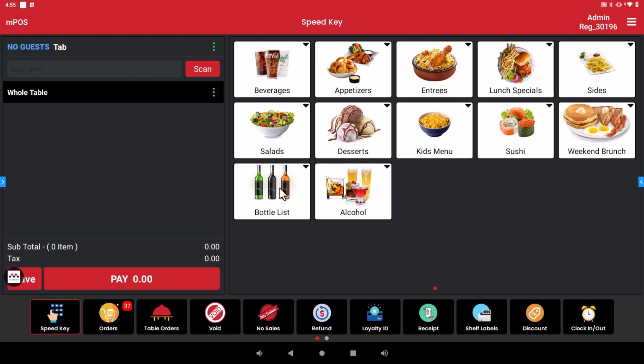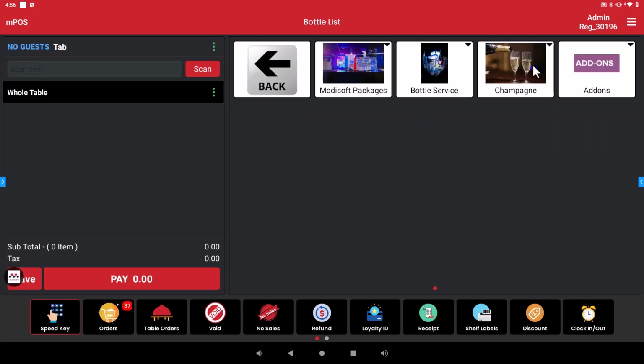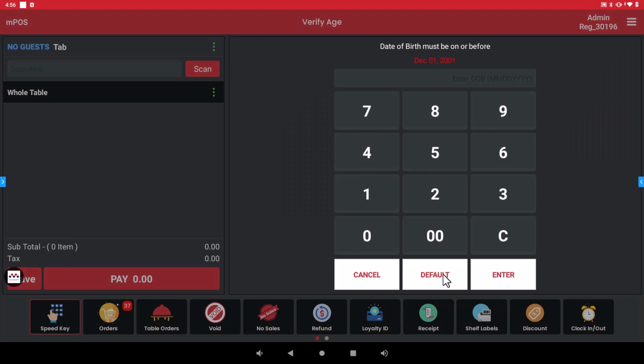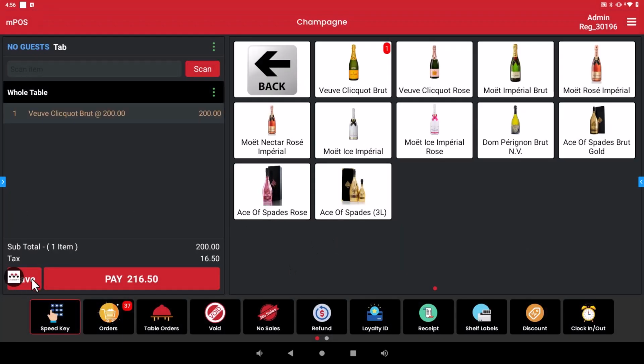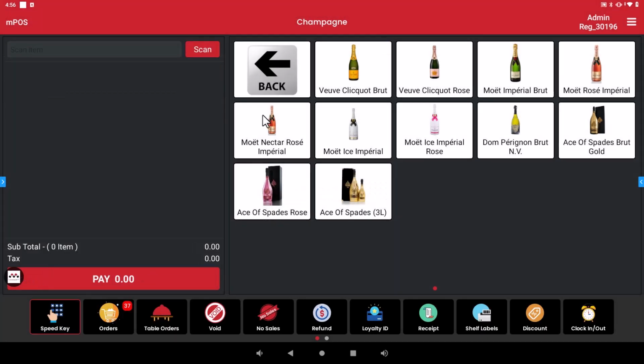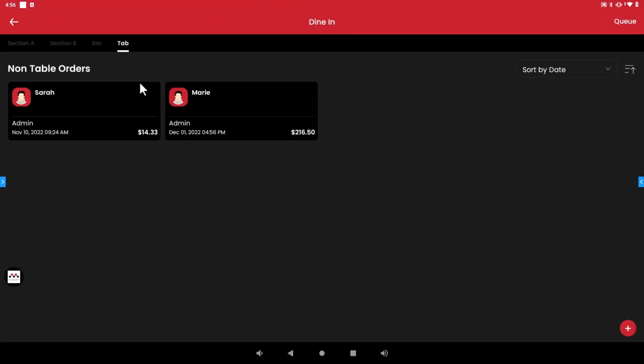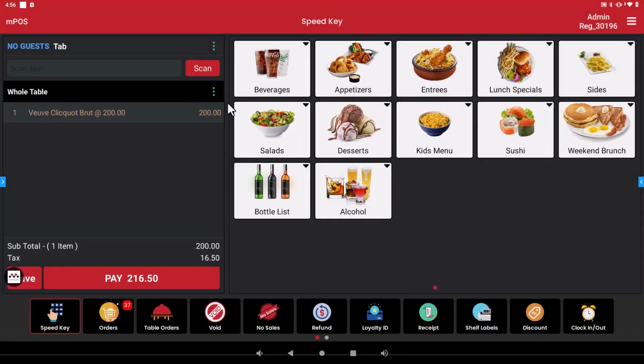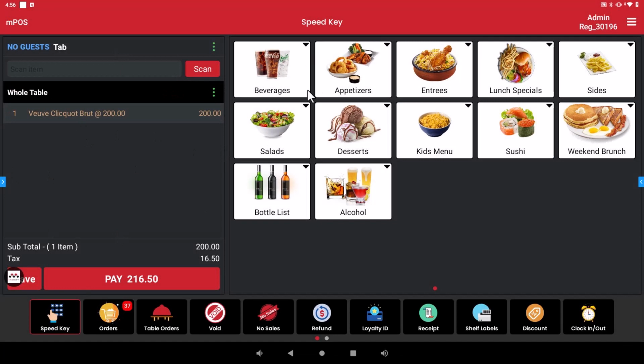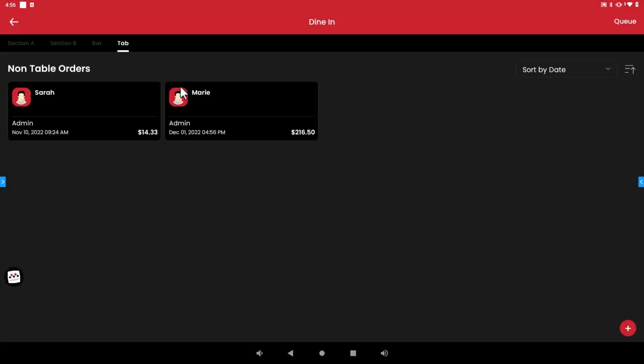So if, let's say, they are ordering drinks, things of that nature, then whenever it's saved, they can just click on save so the customer can drink whatever they need to drink. And then whenever they want to order any more, the bartender can come back here, click on the actual customer that just placed the order, and then they can keep on adding to this order. So if maybe they want to order some drinks at first, and then maybe they want to order food later, etc., then the bartender can keep adding different items and just clicking on save, which will save their bill here